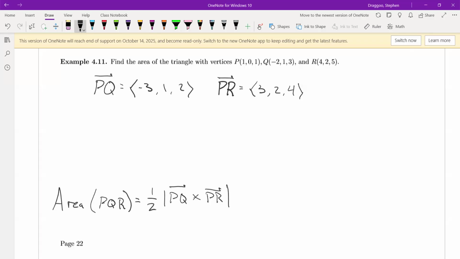So that means we just need another cross product. So let's go do that. PQ cross PR. Again, I'll do everything in my power to put all of my vector hats on the quantities that I know to be vectors to further help distinguish those between vectors and scalars. So that cross product,